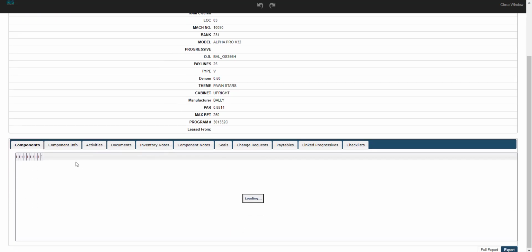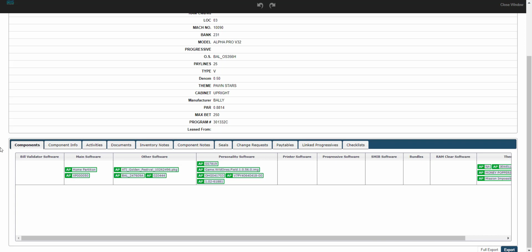And if I scroll down, it's loading up all the software that's installed in this machine. We'll see all the software changes and the new components that I added to it. Okay, it loaded up, and we can see all of the software from that change request is now installed in